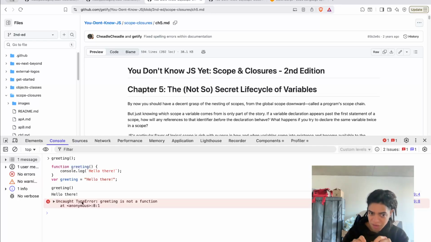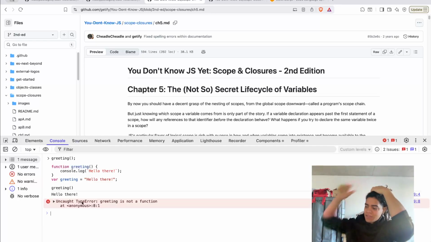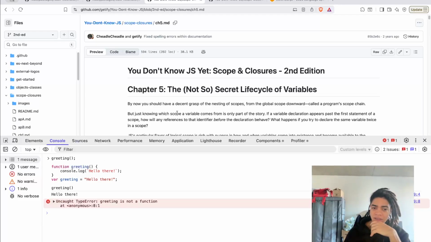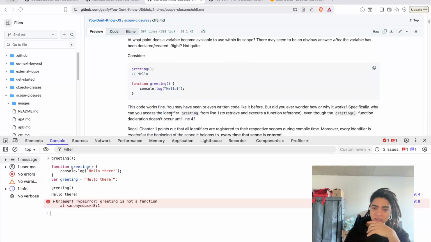So this is a very careful scenario. Of course, most of the time that's not how we write our code, but again, this is part of the edge cases. And speaking of which, why do we have hoisting?